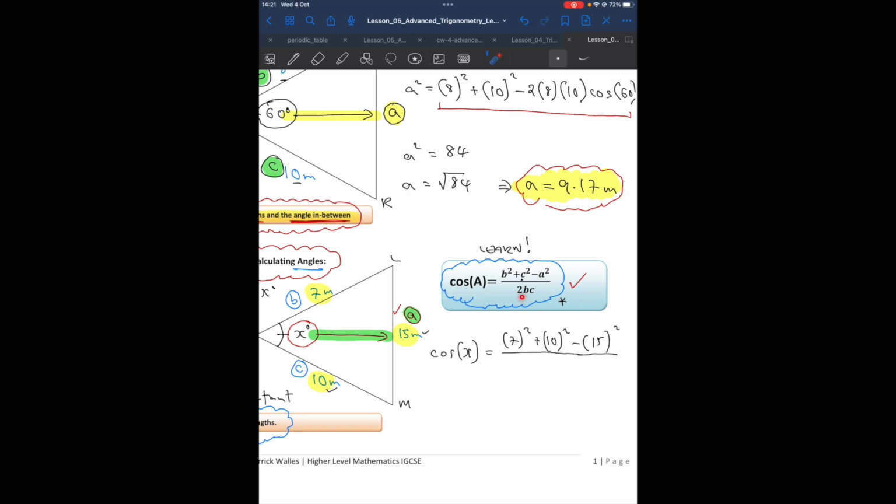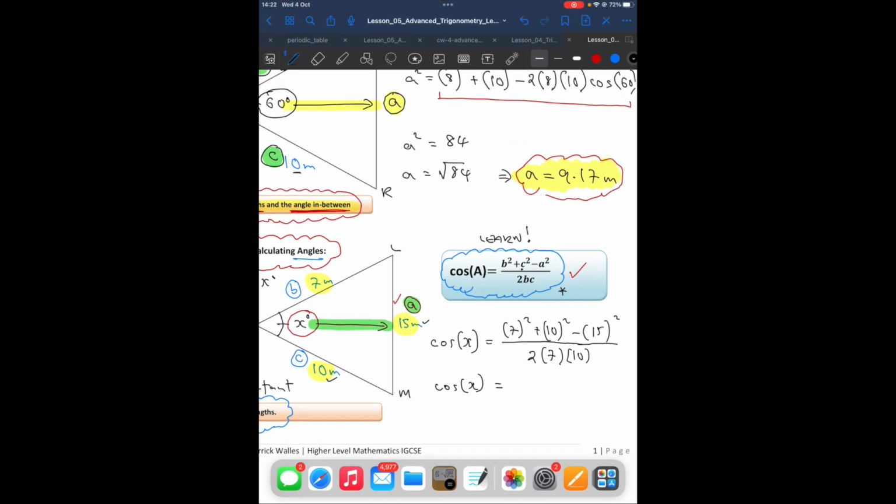And at the bottom we have 2bc, or 2 times b times c. So on the bottom, we're going to have 2, open a bracket, and we know that b is equal to 7. Open another bracket, we know that c is equal to 10. And that's our substitution completed. So this is the bit of working that you actually need to show. Once you've got this written down, you're then going to type this exactly into the calculator as you've written it. So we're just typing in the left-hand side. So what we write down next is cos x